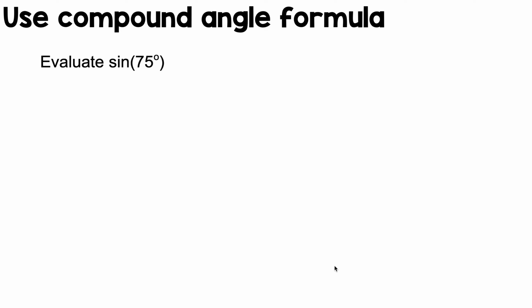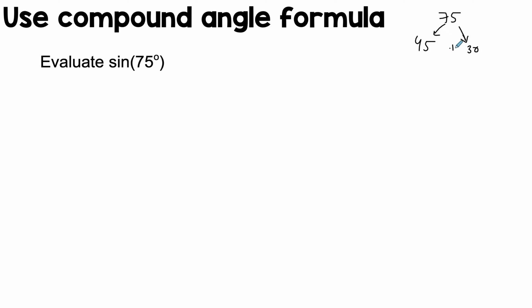So I'm assuming you've seen the compound angle formula or all the different parts of it, but seeing it in action might make it more understandable. So I'm going to do a quick example on sine and then another on cosine. The idea is that you can split the angle up either as an addition or subtraction, and by splitting it up into two different numbers, the other numbers are easier to calculate, especially if you're dealing with, for example, a non-calculator paper. So say 75 here, I can split the 75 into 45 and a 30,